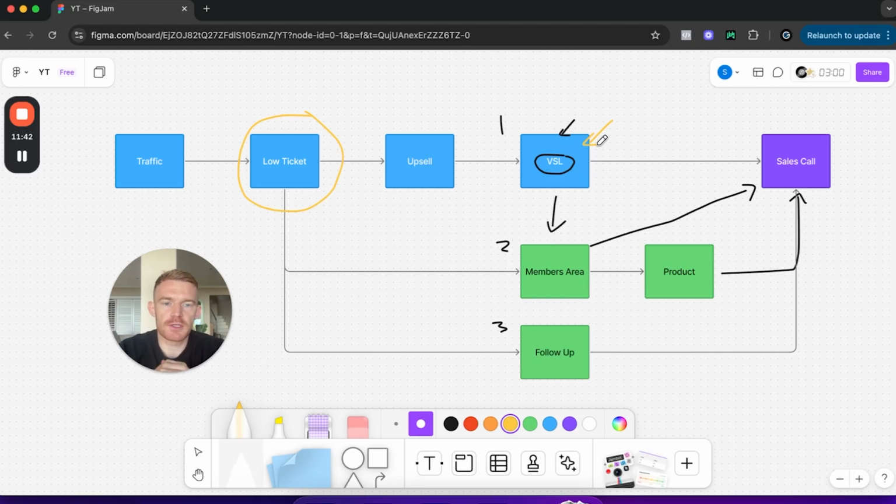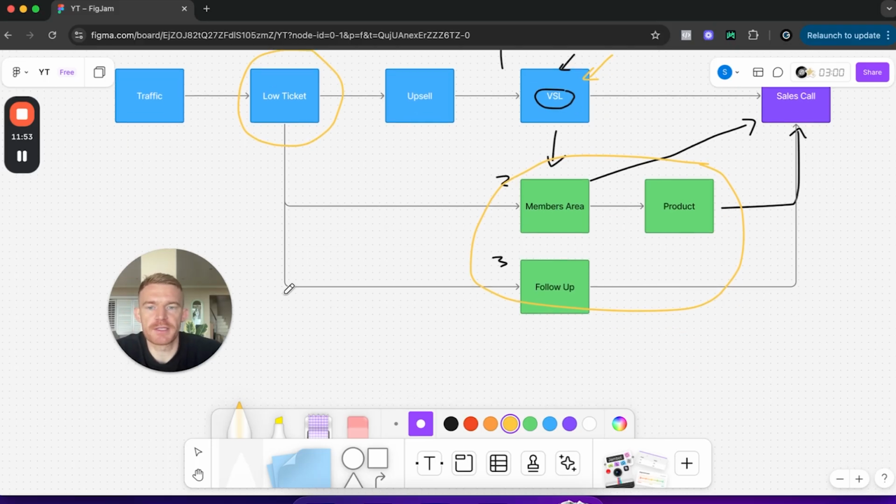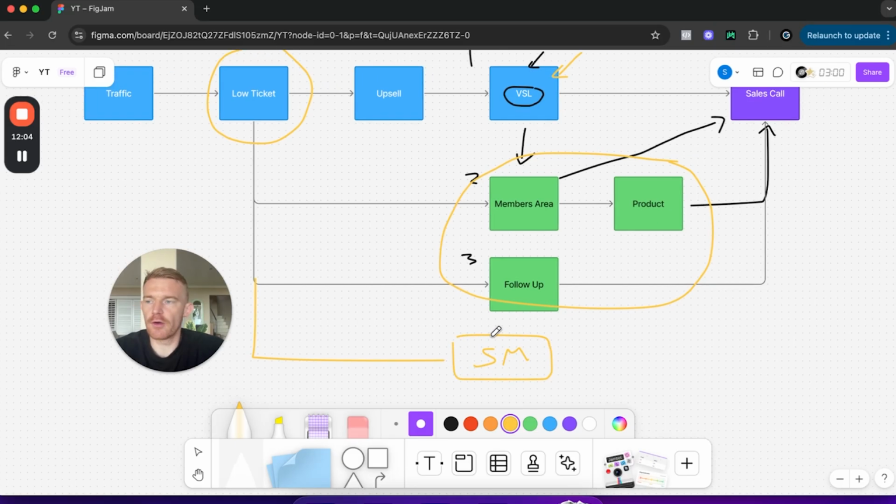So that goes to say that a majority of your sales are realistically going to come from here. Well, not even that, and there's another thing we can put on the end of here: when someone buys your low ticket product, they're going to be introduced to your brand. They're probably going to follow you on social media, and over the next few months, even if they don't consume or use the low ticket product, they're going to start getting indoctrinated into you and your brand. And then eventually they're going to book in a sales call.